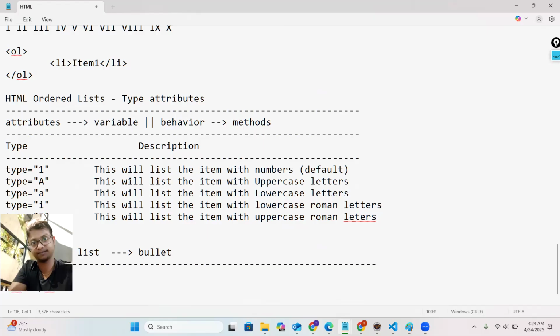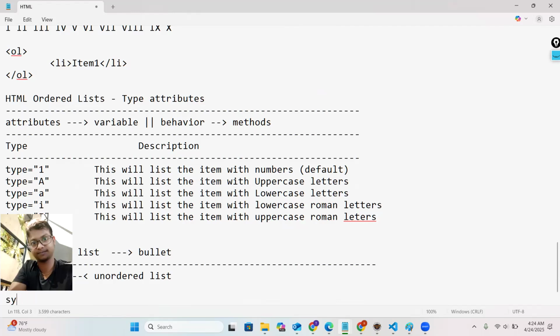If you have practice of working in Microsoft Word, you must know about the bullet points that you can certainly see. So at this moment, UL actually stands for unordered list, and each item within this list is marked by li, that is nothing but a list item. So if I talk about the syntax here for this,